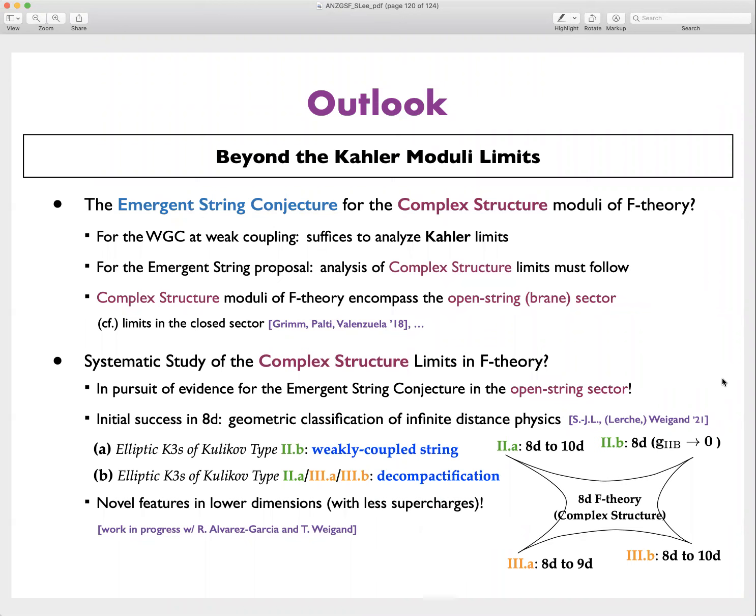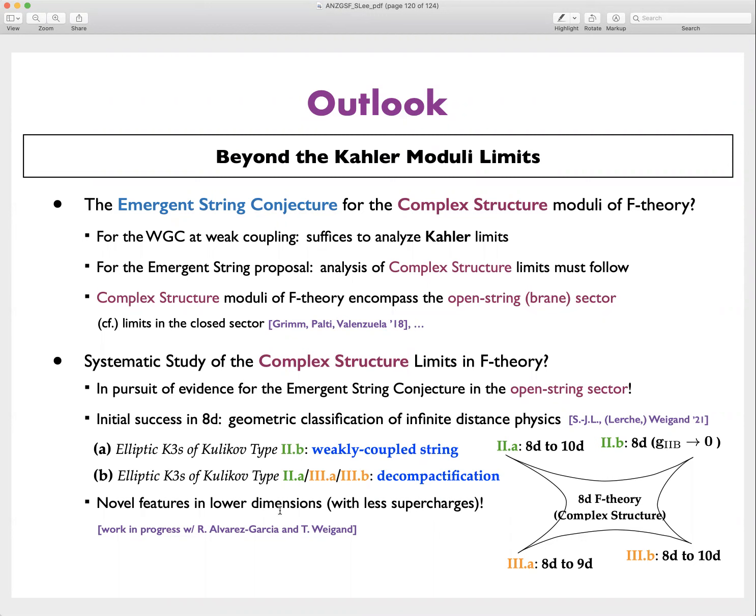So actually, even at the classical level, as I said, the initial success was in 8 dimensions, where we had 16 supercharges. So you don't care about the quantum corrections there. And what I'm looking at for now is actually 6-dimensional EFTs with 8 supercharges. Again, you don't care about the quantum corrections. Once you get to theories with 4 supercharges, then you will start considering all these corrections seriously. But I'm already struggling with the classical analysis in theories with 8 supercharges. So your question must be asked very seriously, at least when I get to theories with 4 supercharges